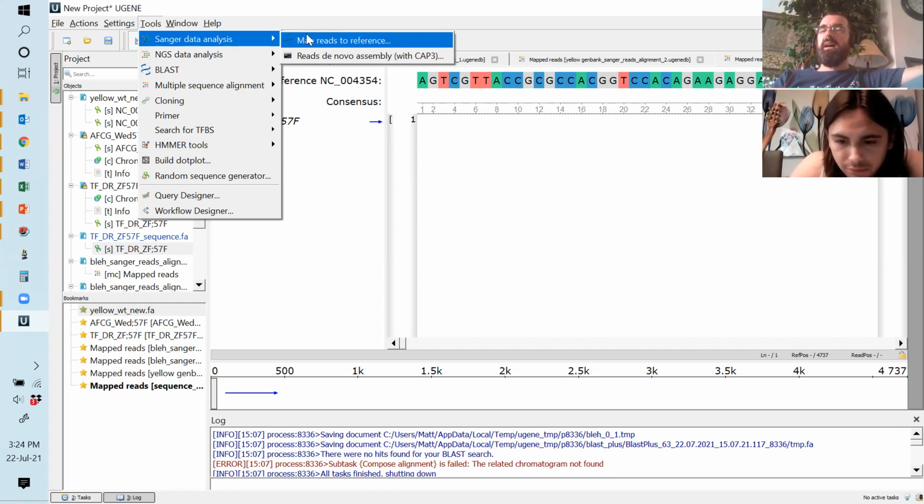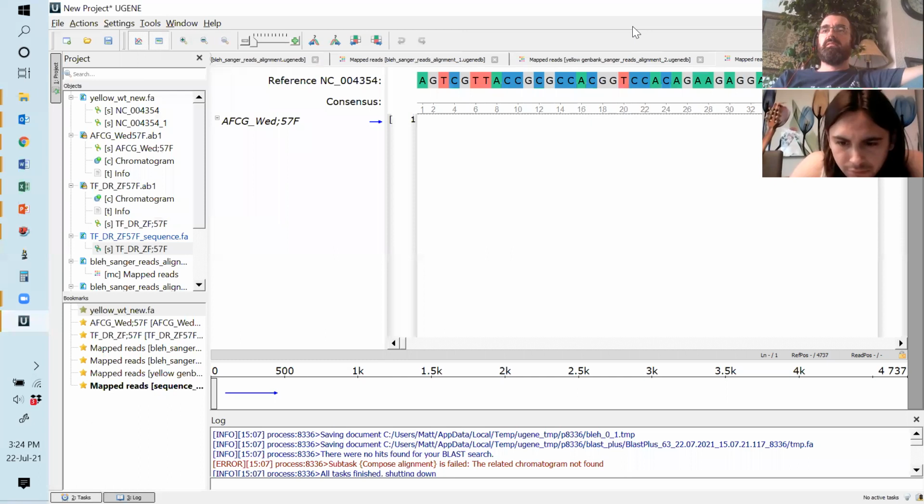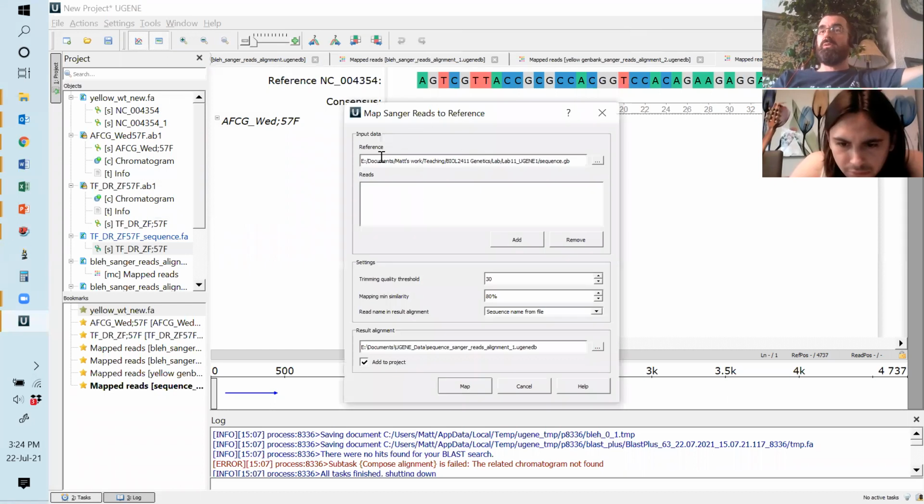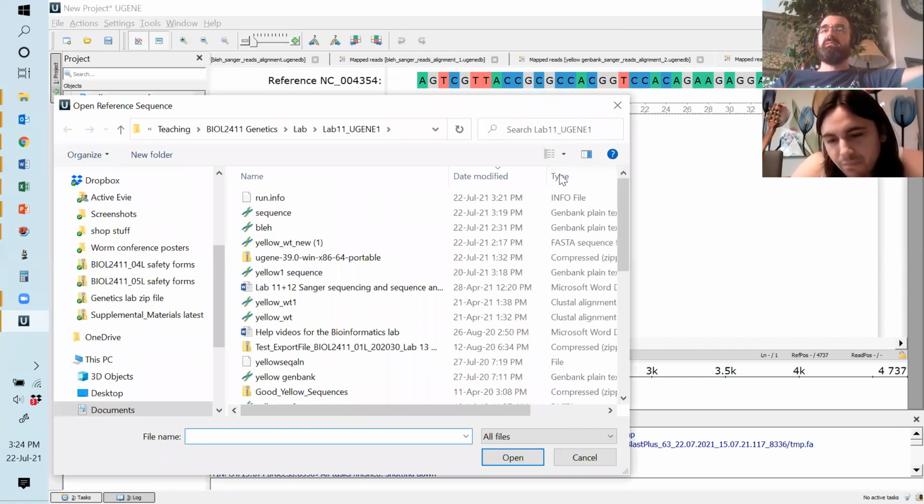And then select map reads to reference, right? How's that all going? Oh, doesn't get angry. Come on. So have you opened this box? Do you have that open in front of you? Yep. Okay, so wherever you saved that sequence file, go there